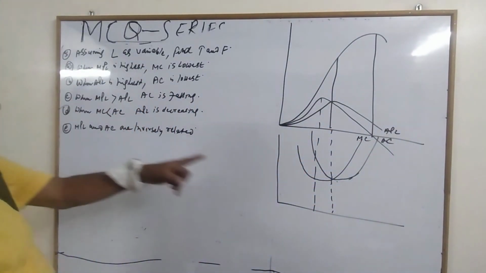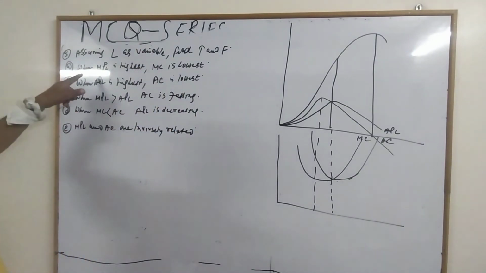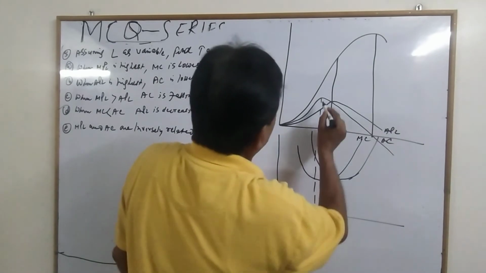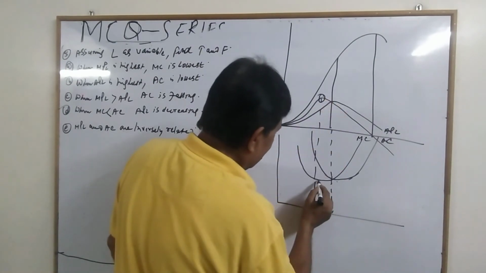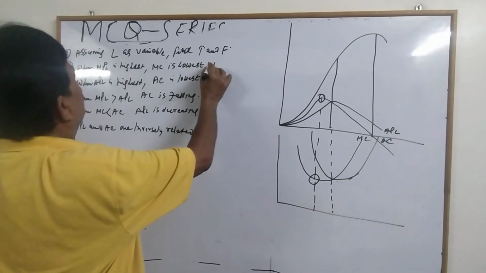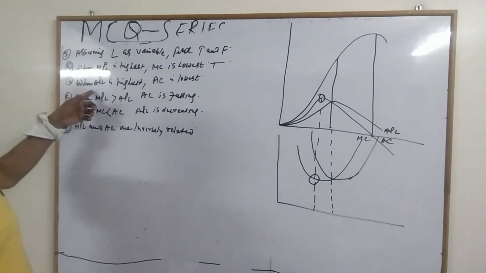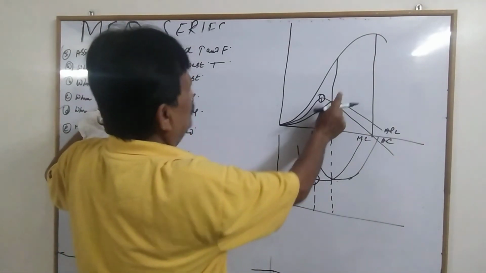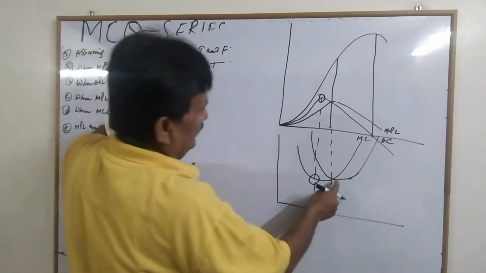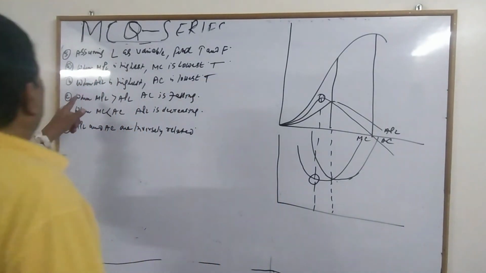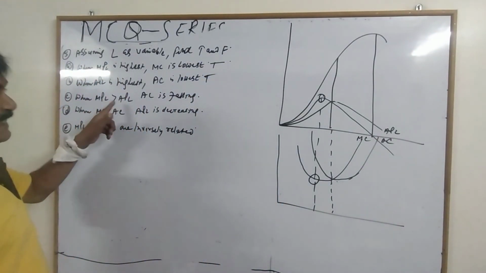All this could be answered with this diagram. First is, when MPL is highest, MC is lowest. So this is true. When APL is highest, at this point, AC is lowest. Absolutely, this is true. When MPL is greater than APL,